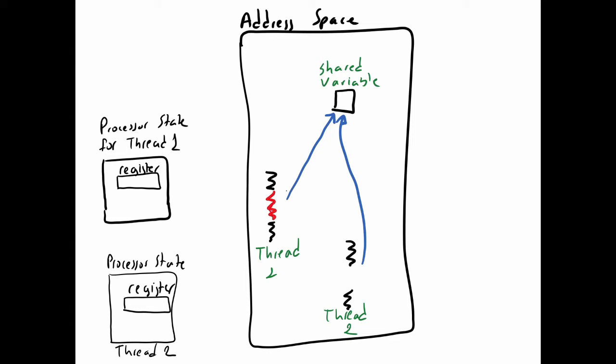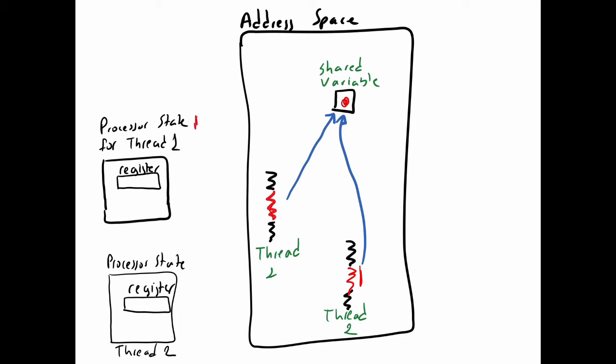In each of the threads we have some part of the code that is accessing and changing the contents of the shared variable. And here we have another thread, and again this thread has this portion of code which also accesses this shared variable. Now, if you remember, the problem arises regarding this access. If they are both reading this shared variable, then it's okay. But if they are both writing, trying to update this shared variable, then we can have some problems. And the source of the problem is that for each of these threads,